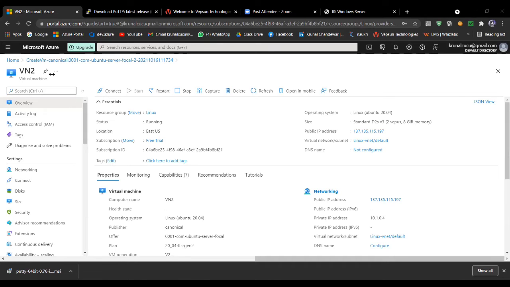Kunal, everyone, are you able to see the PuTTY screen? Yes, Pranav, we are not able to see the PuTTY screen. Okay.